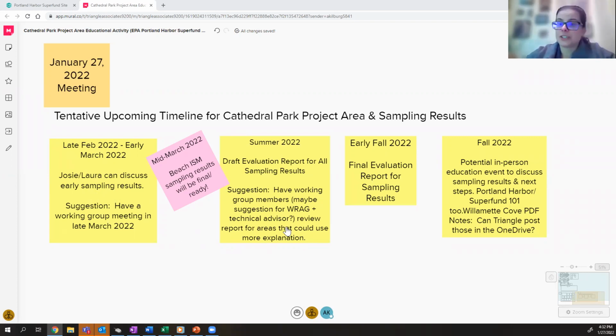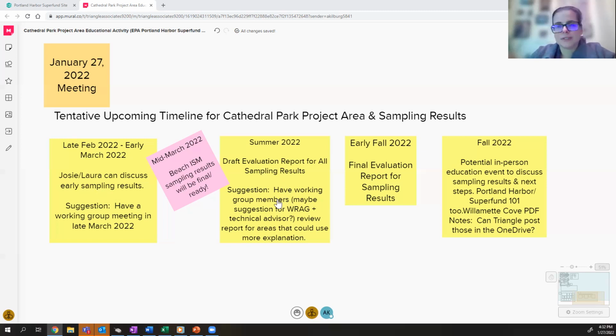It's not like we can change how we evaluated the samples, because it basically is what it is, right? But Josie and I were brainstorming that if we were to give the draft evaluation report to this working group to look at, or suggest to the RAG that Marcus take a look at it,